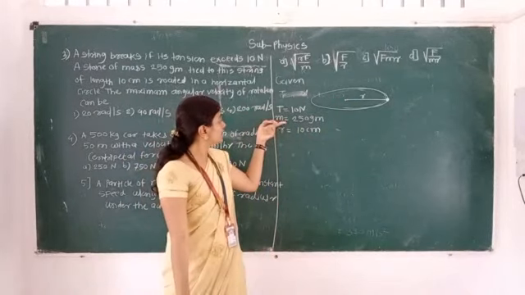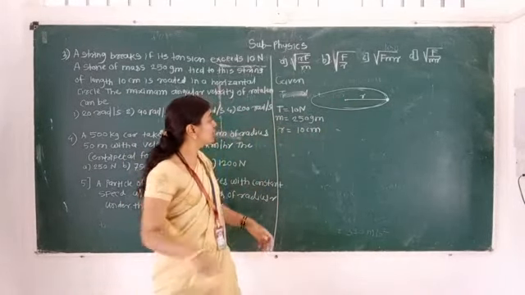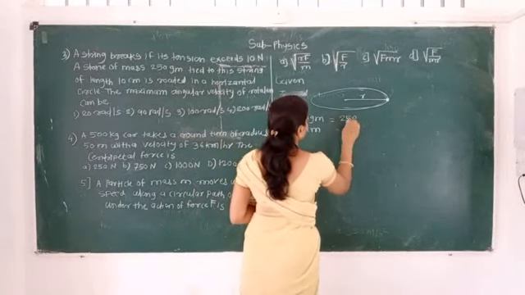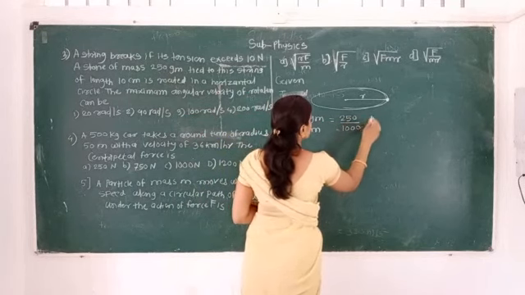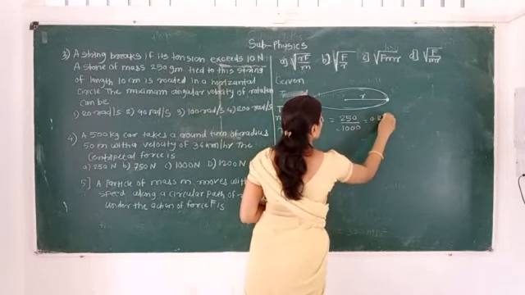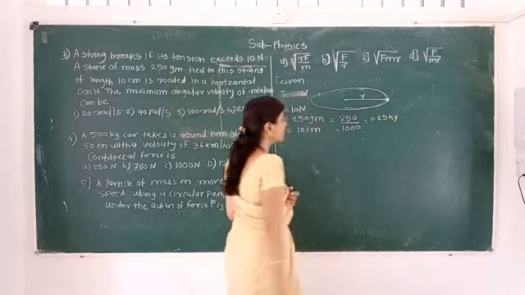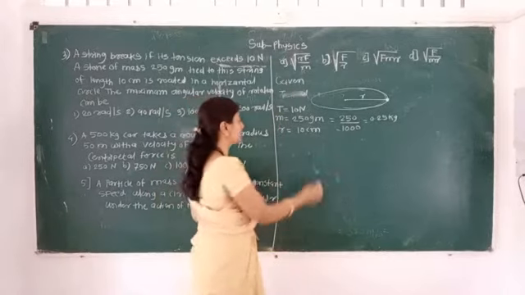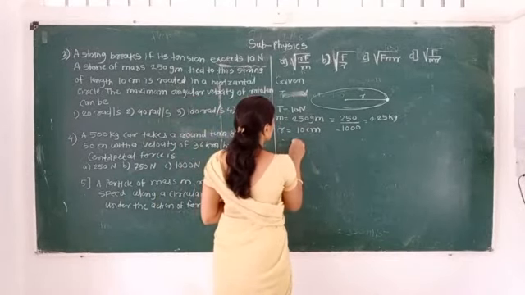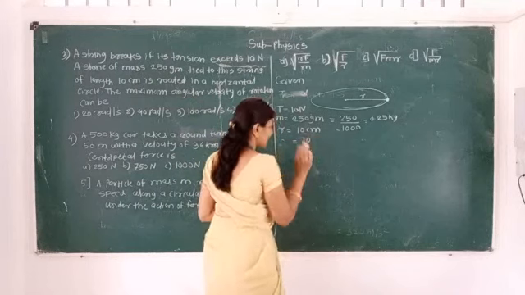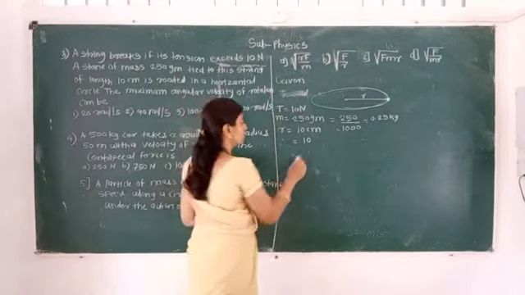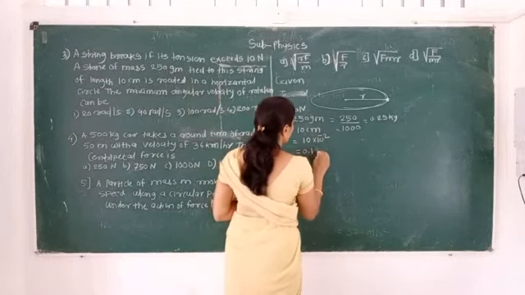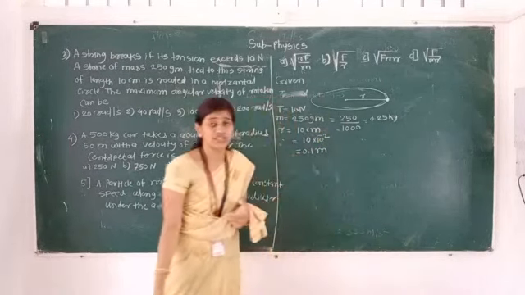Here the mass of that stone is 250 gram. We have to convert it into kilograms. So 250 divided by 1000, it will become 0.25 kg. You can simply write 250 multiplied by 10 raised to minus 3. No problem. Radius also we have to convert. The radius is equal to 10 centimeter. We have to convert it into meter: 10 into 10 raised to minus 2, so here it is 0.1 meter. So all the conversions of units are done.